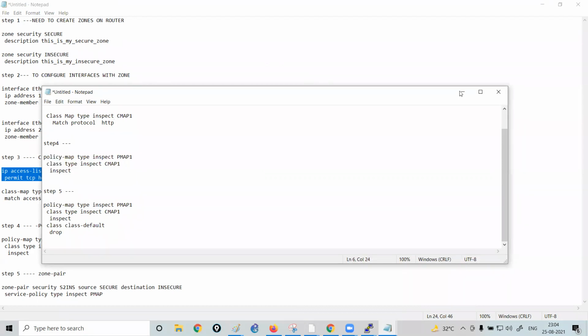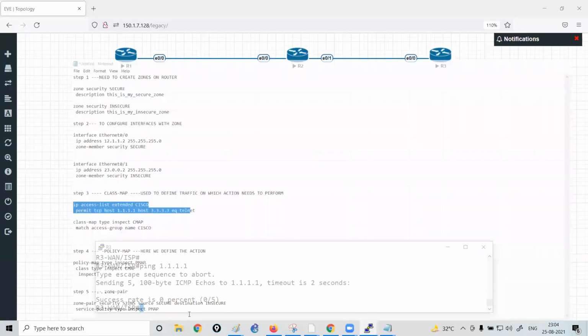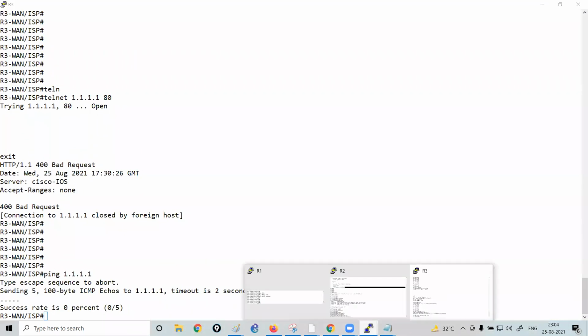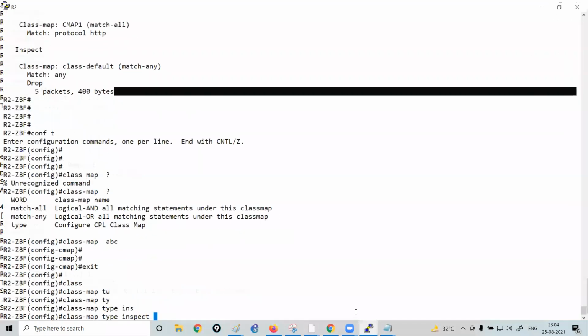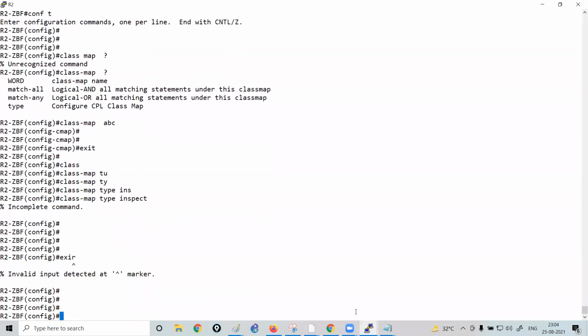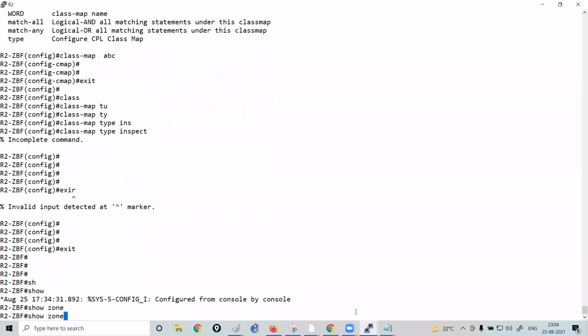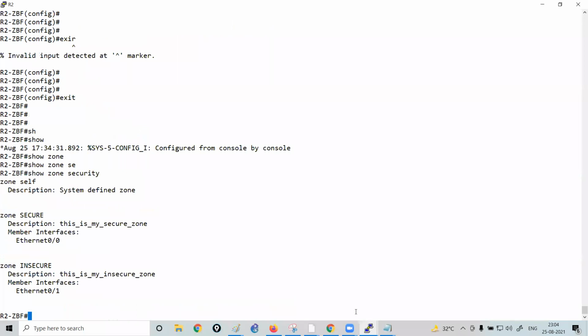Okay. Now I would like to talk about something called the self zone. I told you, whenever you create zones on the router and run show zone security, you can see there is a self zone. Let's talk about this.